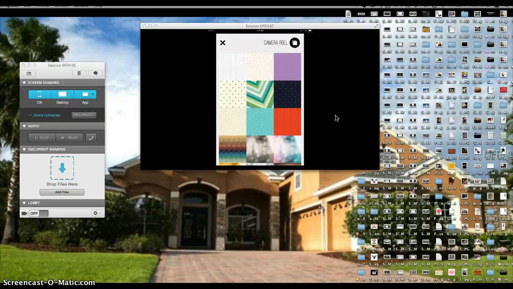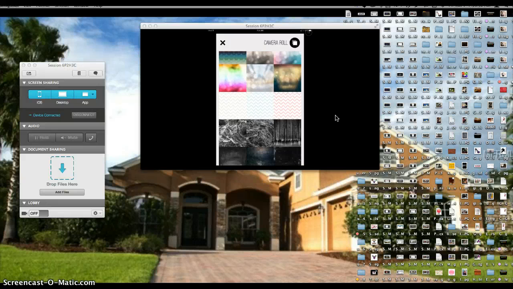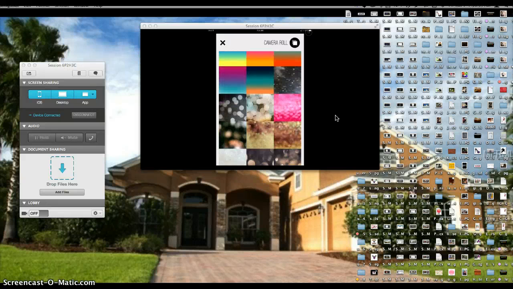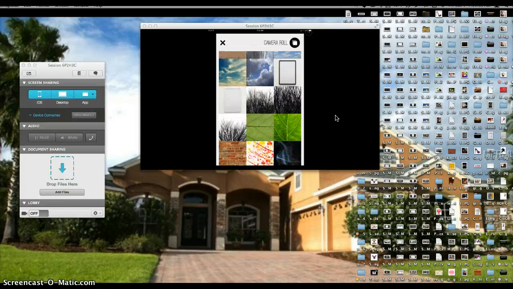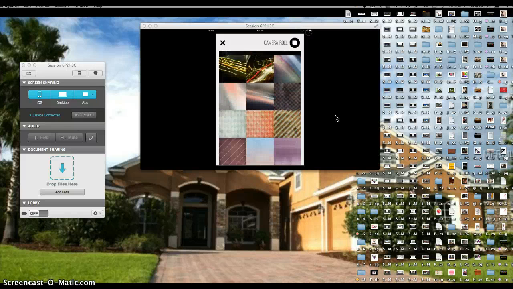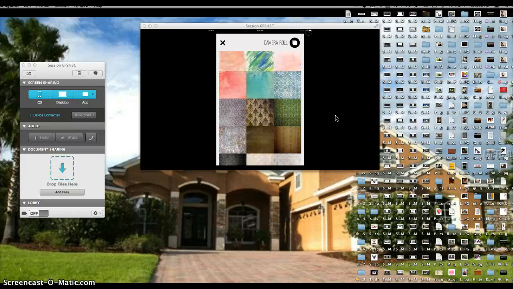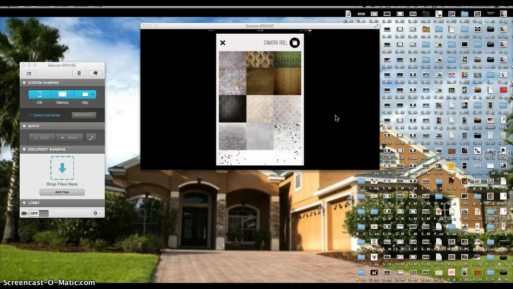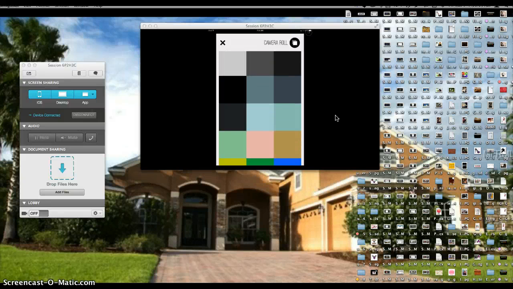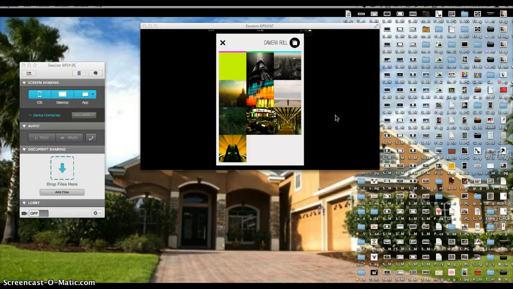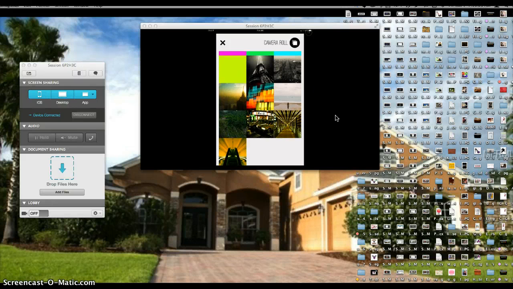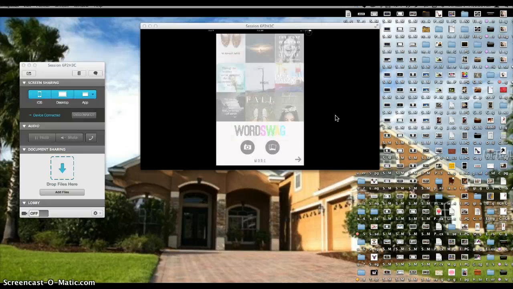The other beautiful thing about this app is that they give you a wide array of backgrounds to use to edit images. So whatever text, whatever wording, whatever message you want to get out there, they give you lots of different fun backgrounds that you can use to share on your social media sites, on your blogs, on your websites, whatever. So you have a really wide selection of backgrounds and colors and images, and it's just a really beautiful thing. So, I'm going to take this New York City